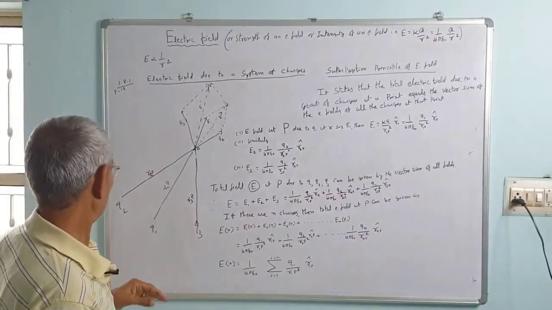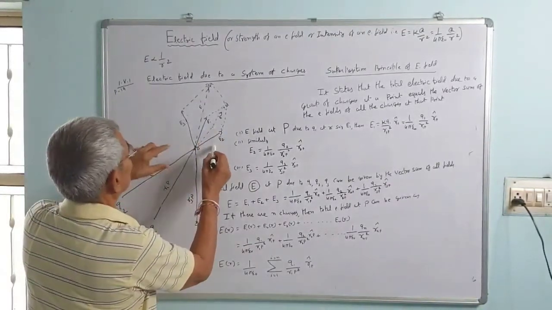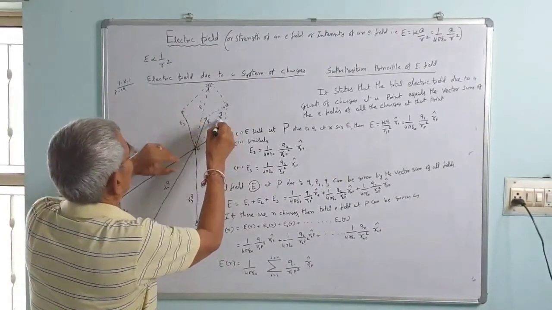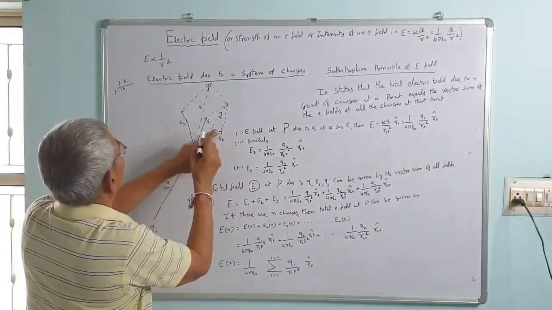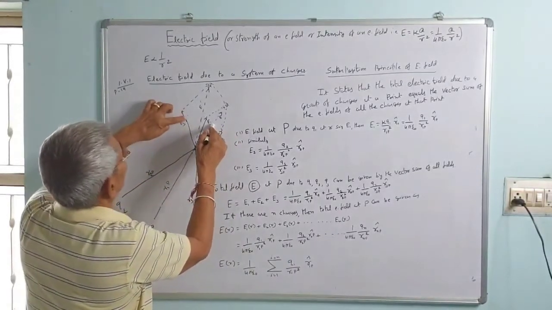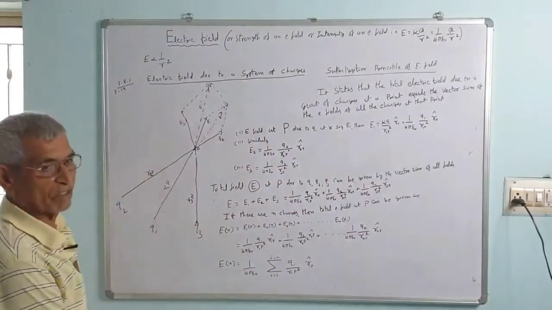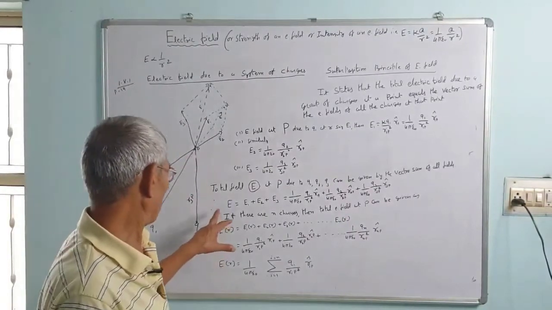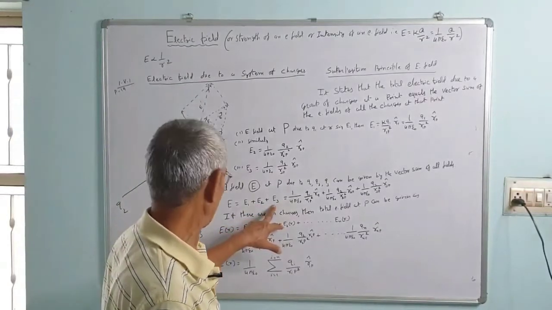Now, the net field, the resultant, can be given by the diagram. The resultant of E1 and E2 can be given by the parallelogram law of vector addition, that is this E. This replaces E1 and E2. Next, the resultant of E and E3, that is this and this, will be given by the parallelogram law of vector addition, that is E dash. E dash is the final resultant of all three, diagrammatically. Mathematically, we can express E is equal to E1 plus E2 plus E3 according to the superposition principle.